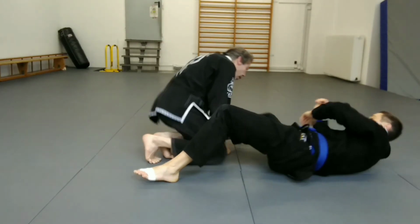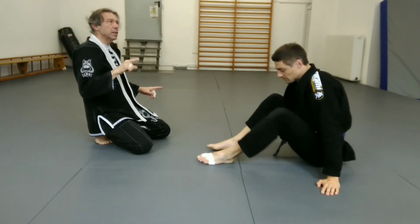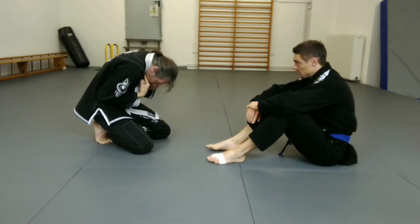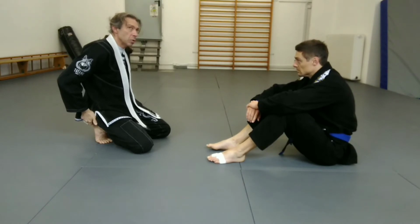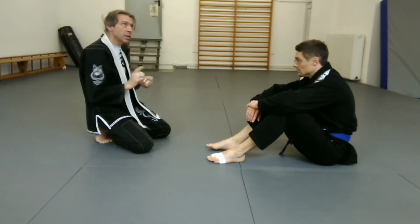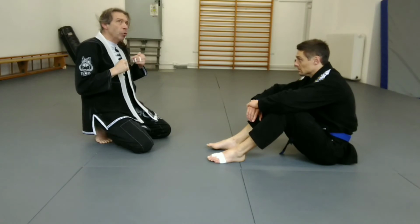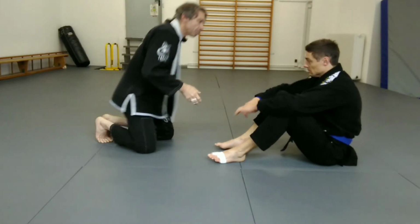That's step one. Step two is I'm going to need to get height, okay? Because, again, he wants to crunch my body down. So if my hips are low, that's going to be easier for him. So my second priority after squaring the hips is going to be getting my hips up and trying to put my body in a straight alignment. Again, it doesn't remove all the danger, but it gives me more time to escape. So,